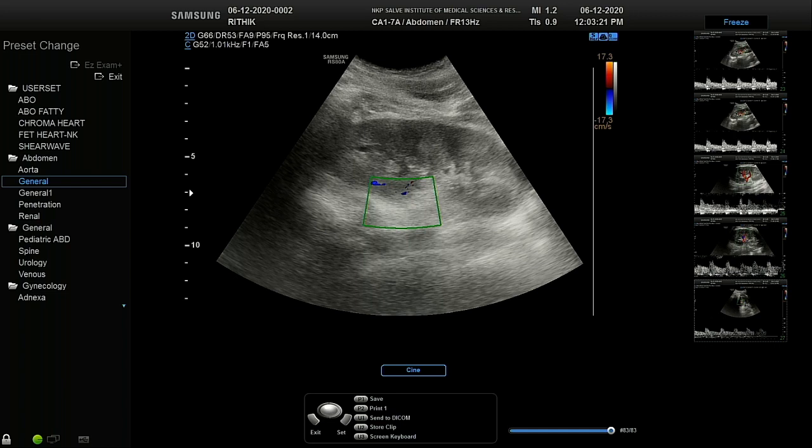Sir, renal spectral pattern in cases of coarctation of aorta? In coarctation of aorta, what will happen? There will be a reduced flow in the aorta. That is the reason we see the aorta first. We scan and sample the aorta as far as the spectral flow is concerned, the diameter and other findings. So we rule out aortic disease before moving on to the kidneys. In coarctation, as there is significant narrowing, the aorta itself will show reduced flow, and definitely the renal arteries will also show reduced flow as per the involvement.